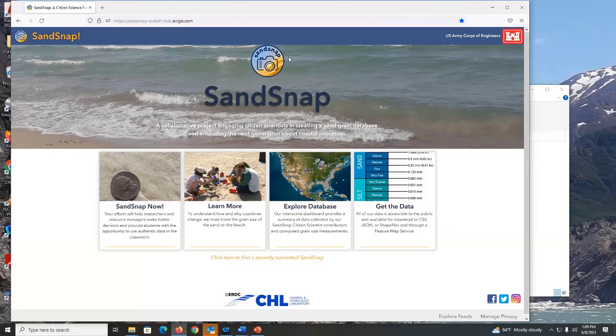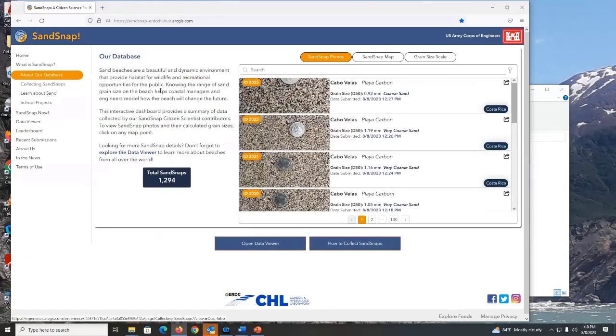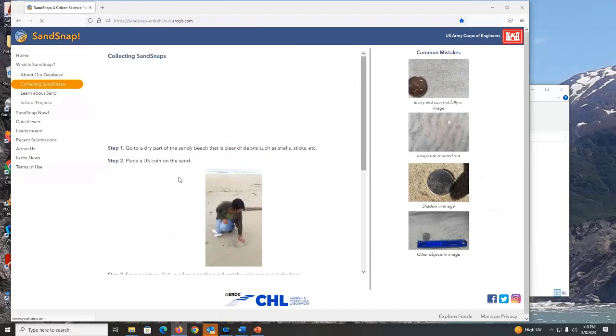Previously, we just had options where people could take a SandSnap now, upload images if they already have them, learn more, look at the database, or get some of the most recent data. Some of the biggest changes we made this year have actually been to the learn more. We've always had a description about what SandSnap is, and the goals and why it's important. We also have a link to our database, which shows a lot of the images from recent submissions and gives you a total SandSnap count so people understand just how many we have. We have instructions on how to collect a SandSnap,